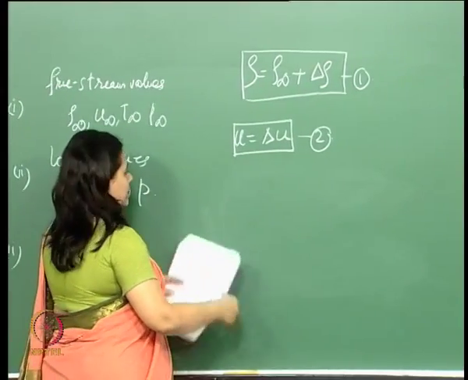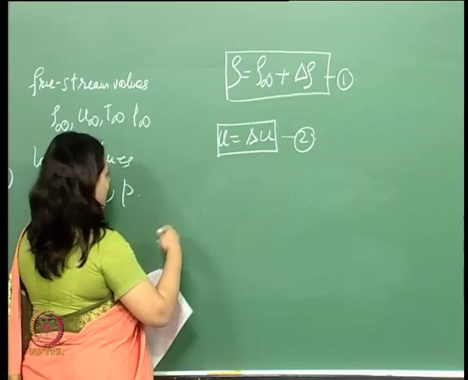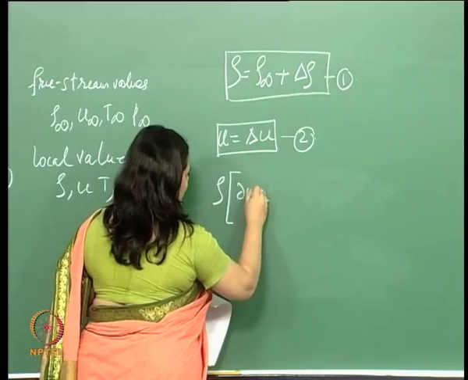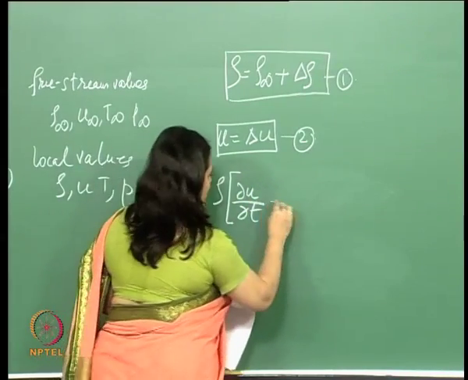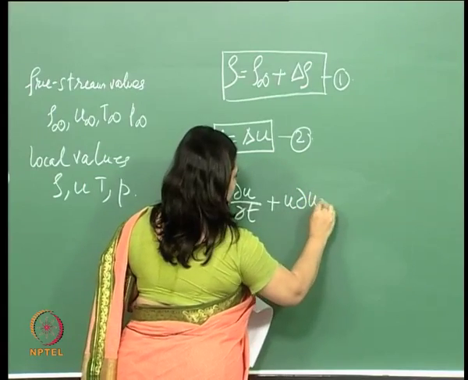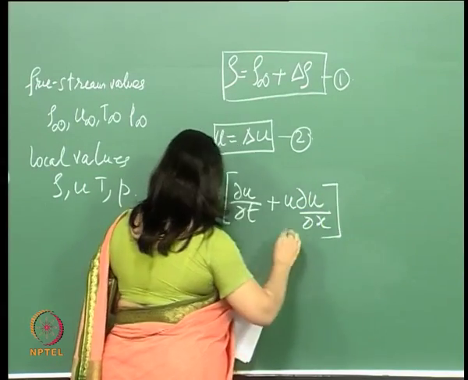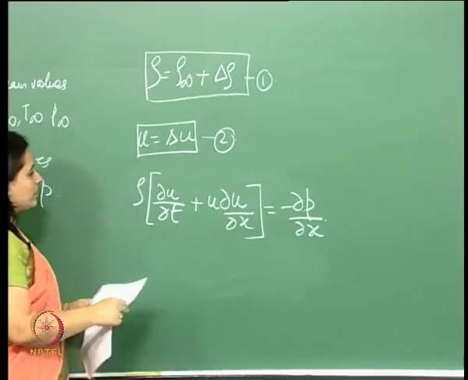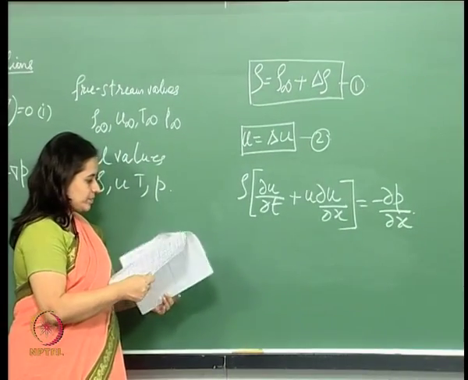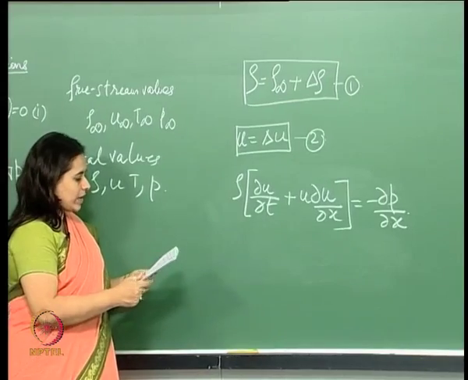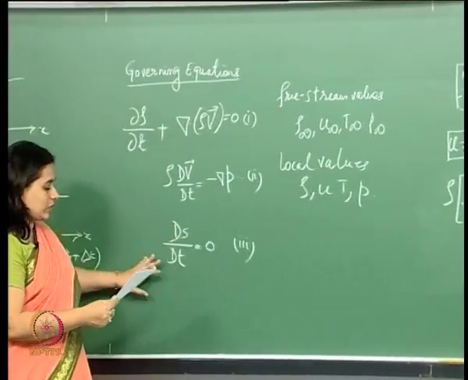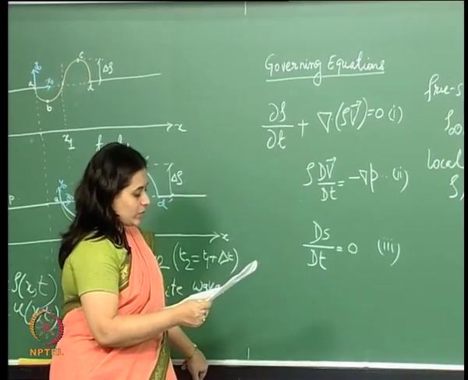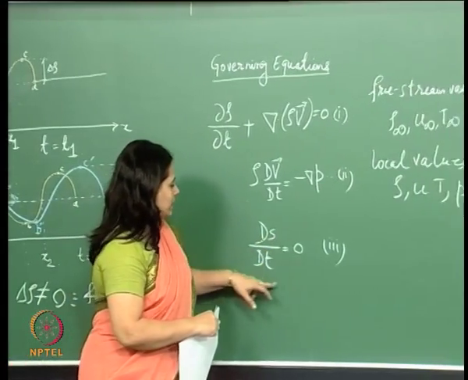Okay, so the momentum equation in the x direction, if I write it, what I get is this, so we get that, right. And from the third equation, of course, we sort of get that, and from the third equation again, now what we get is ds dt